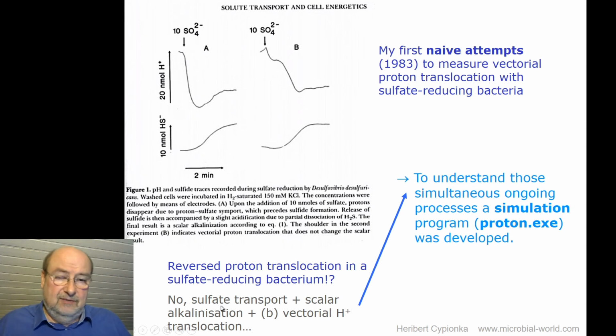So definitely sulfate reduction occurs inside of the cytoplasm, and the sulfate has to be taken up. And maybe what I see, and indeed what I see here, is sulfate transport. And then you don't end up with the same pH as before, because sulfate reduction causes scalar alkalinization. That means there are protons taken up. And sometimes you might see a little bit of vectorial proton translocation here in trace B, but it's difficult to understand